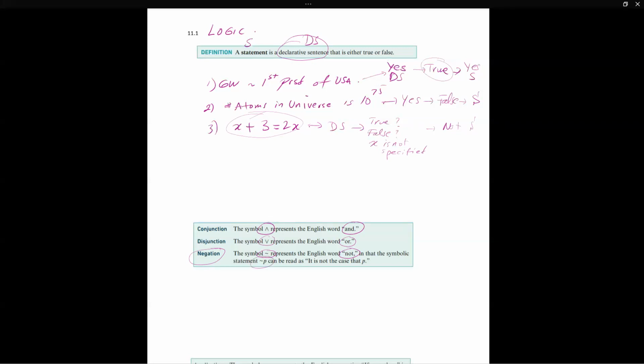And of course, if we use this symbol, it means it is not the case that P. All right, so if you see this symbol, it means it is not the case of P. So conjunction means and, disjunction means or, and negation is this symbol, which is not.